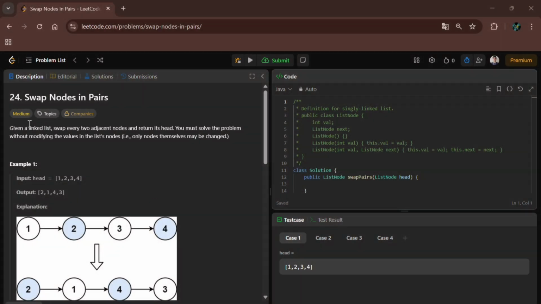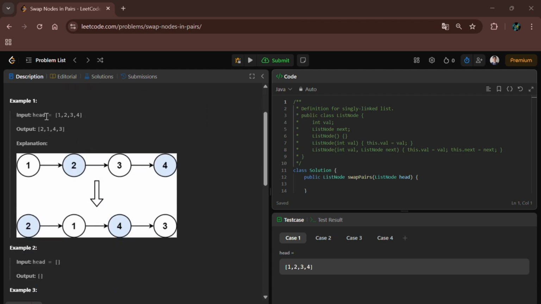Let's see LeetCode problem, swap nodes in pairs. This is a medium level problem. The description says: given a linked list, swap every two adjacent nodes and return its head. You must solve the problem without modifying the values in the list's nodes. That is, only nodes themselves may be changed. Example 1 is given as 1 2 3 4, and the pairs of nodes are swapped, meaning 2 1